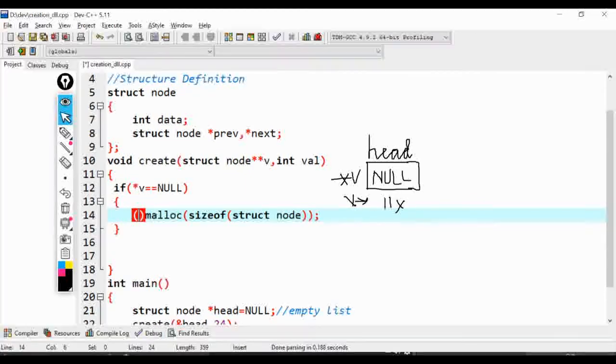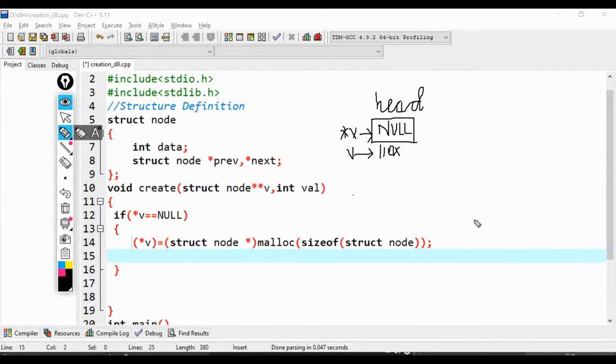As you know, it should be struct node star type. This allocation will be assigned to head now, just because it is null in our case. Head is nothing but the content of v.